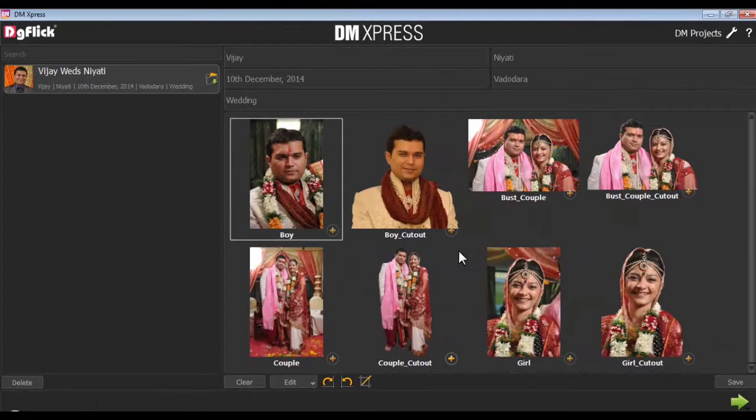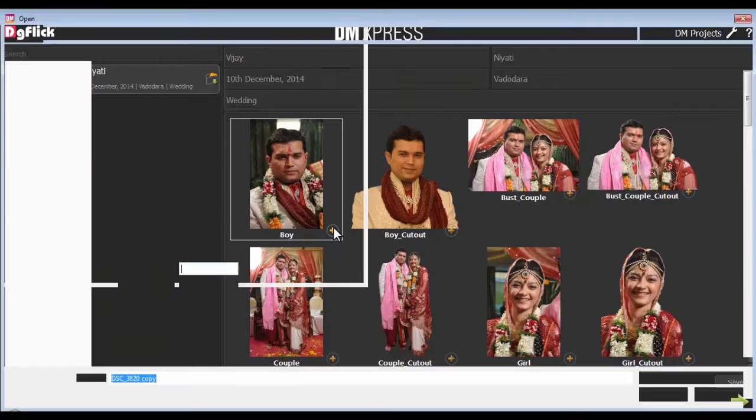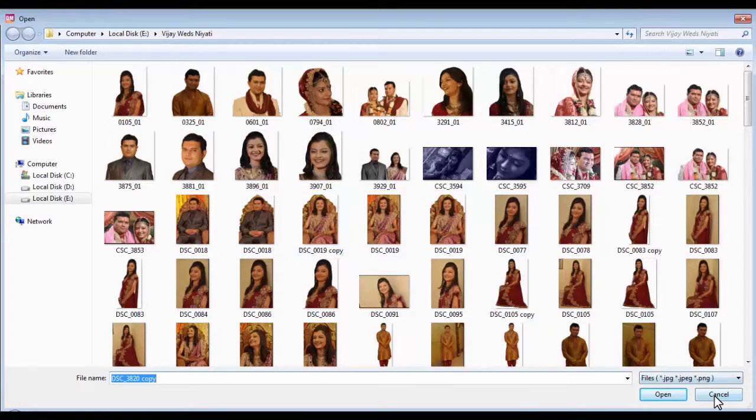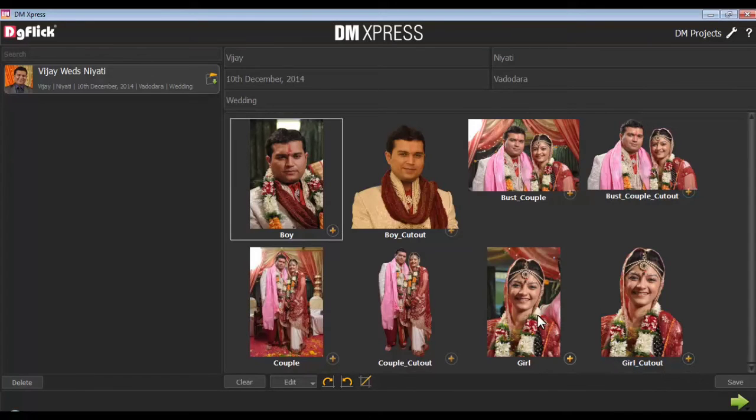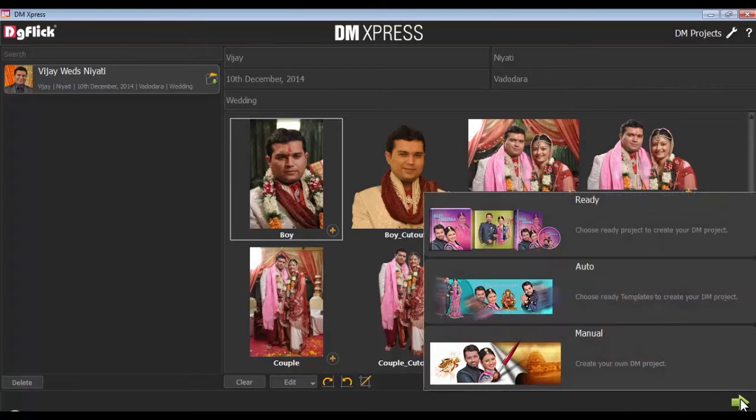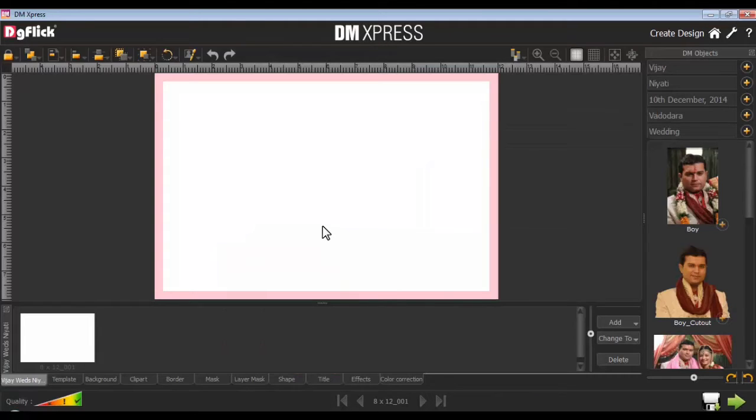Now design projects instantly. Here, define the title field, like the bride and the broom, etc. Add photos to the project by browsing like this. After defining all the fields, move on to the next window. Now here select the manual style, and you'll be redirected to the Create Design window, where you can see a